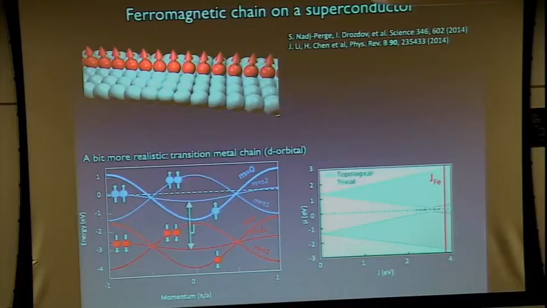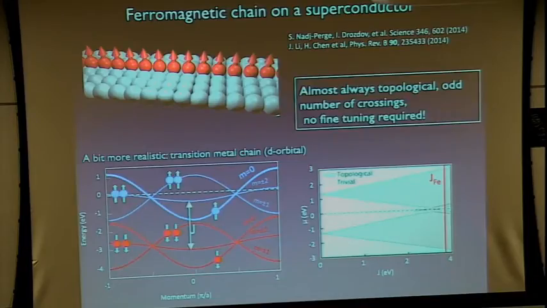What's cool about this system is that once you make J large, you only have one spin species at the Fermi energy. The other one, the majority band, is fully occupied. So you don't have to worry about the down spin anymore. And this basically gives you a system that is almost always topological. You can get unlucky and get into these phases where, depending on where the chemical potential is and where the